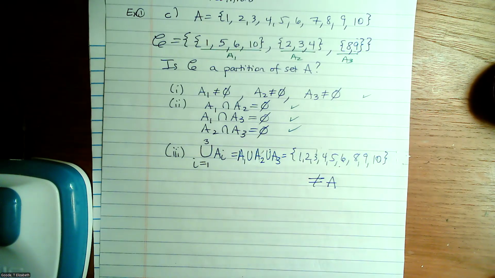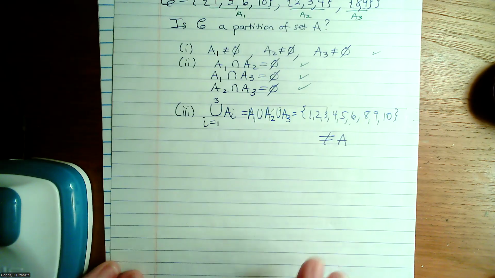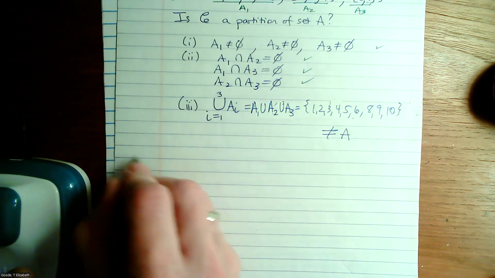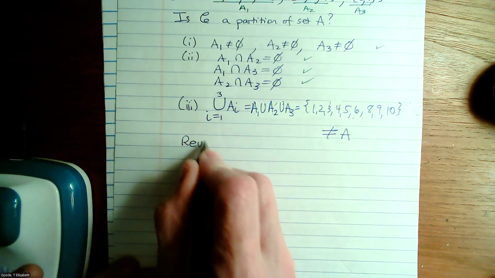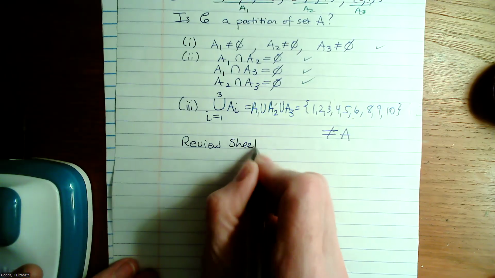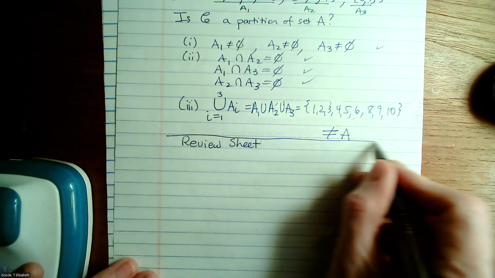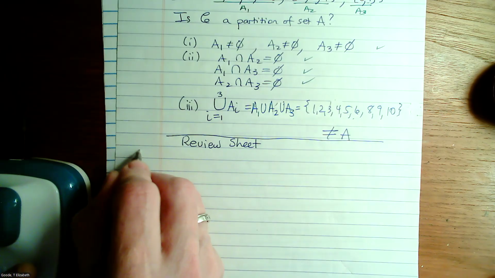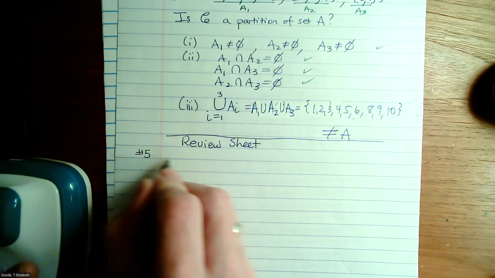Now, on the review sheet, we had some more interesting sets because one of the sets from the review sheet used interval notation. Two of them did actually, right? On problem number 5, on number 5, B,